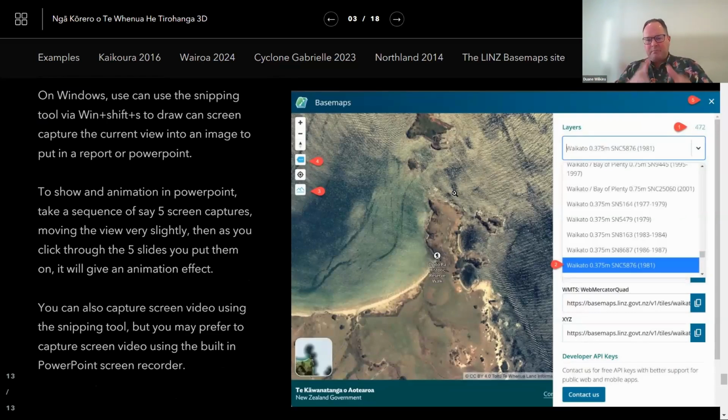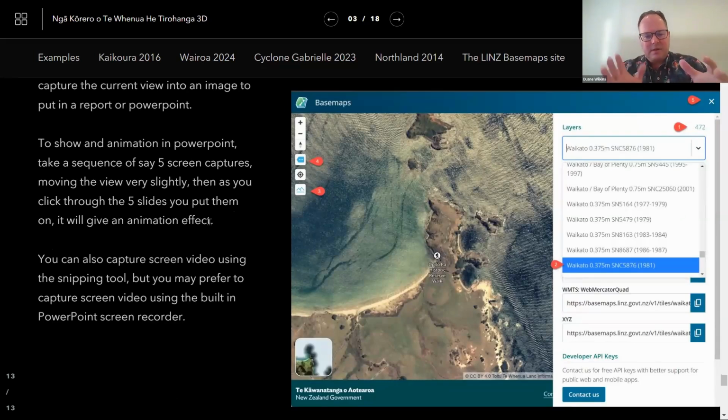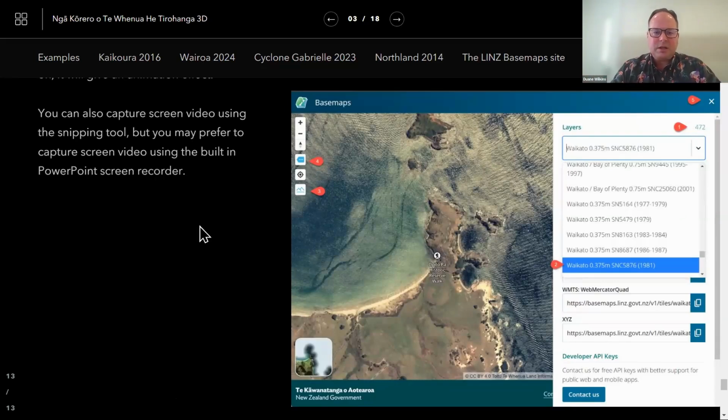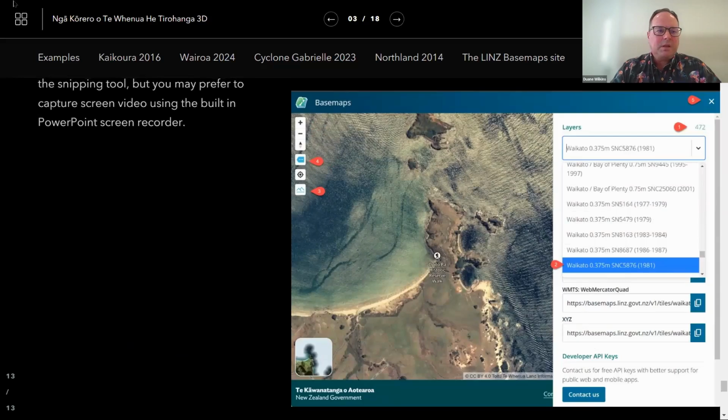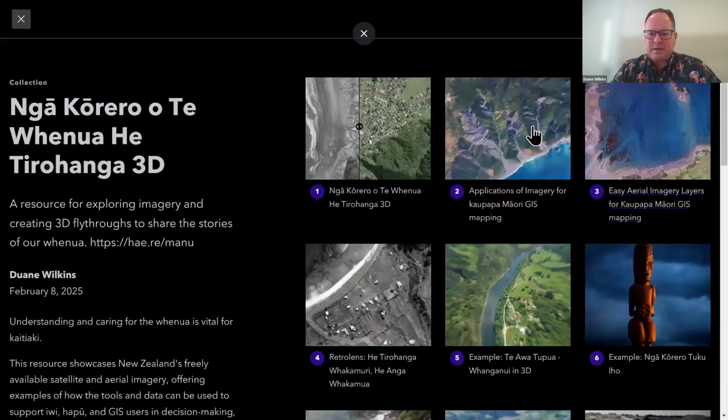And if you do that in the same manner, say 4 or 5 times, slightly changing the map as you go, you can embed a little bit of animation in that PowerPoint. And that's the most simple way to share an animation with others. So as you go from slide to slide to slide, you get a bit of a turn in the imagery. Let's come back here and see what else is in here.